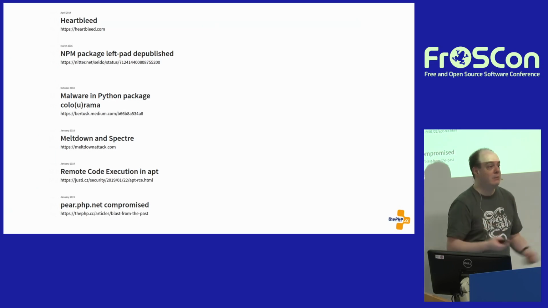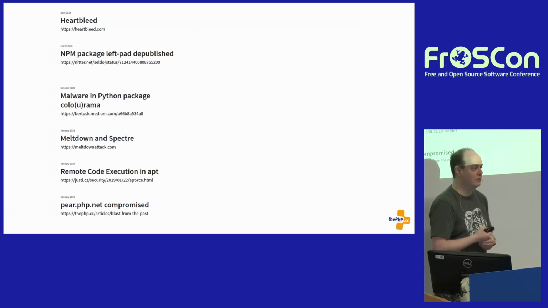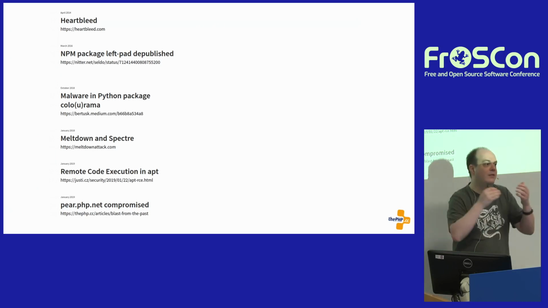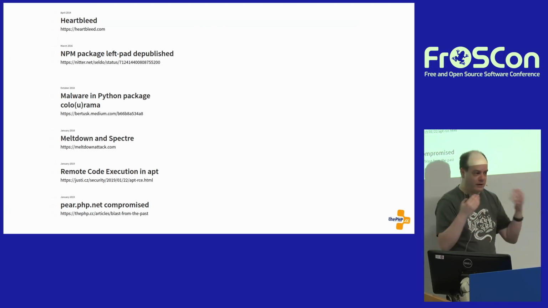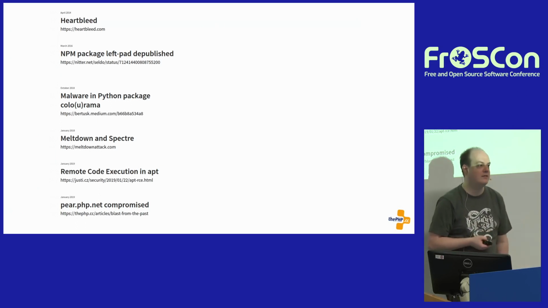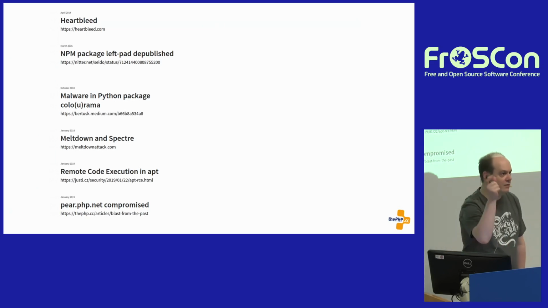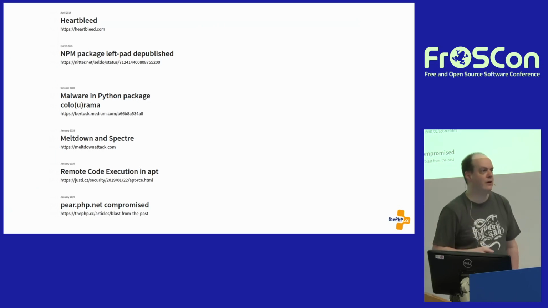Don't ask me why, but apparently PEAR is still a thing. I would really like to burn it with fire, but we are not there yet. I really hope that nobody is using it anymore, but apparently some people still are. Which is why it was really bad that in 2019 somebody compromised the pear.php.net server and replaced the PHAR file, the PHP archive, with the PEAR installer for installing a PEAR environment with malware.